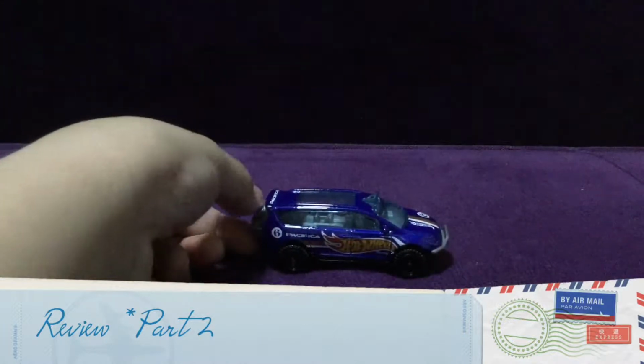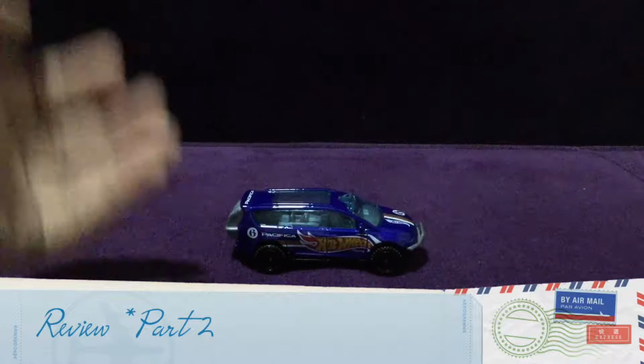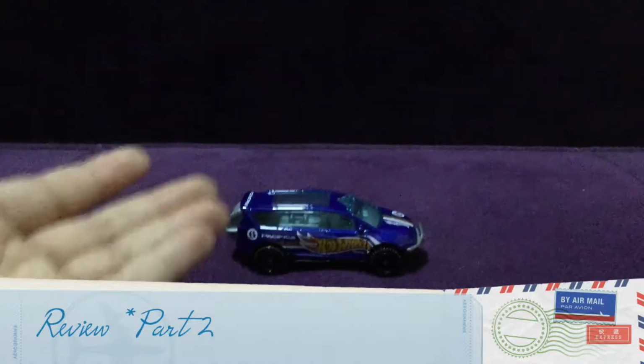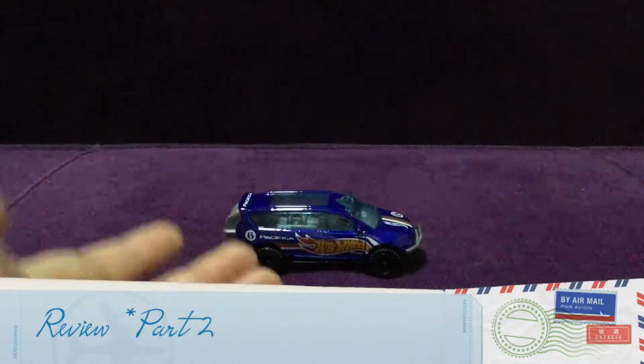This one is my most favorite in the Hot Wheels Racing Special, because this one is a minivan. This Pacifica is really a minivan 4x4. And now lastly,